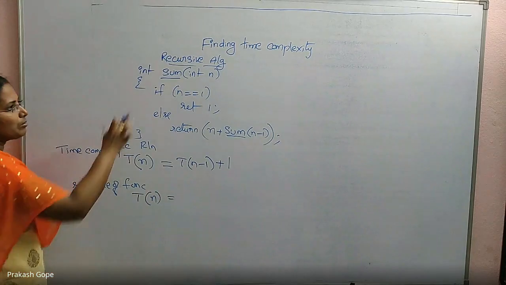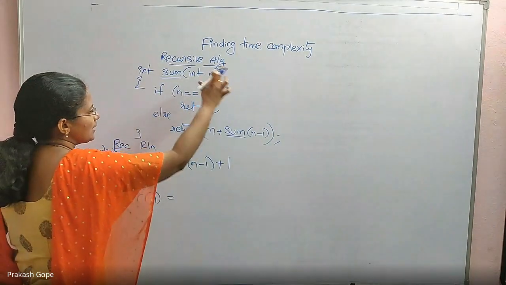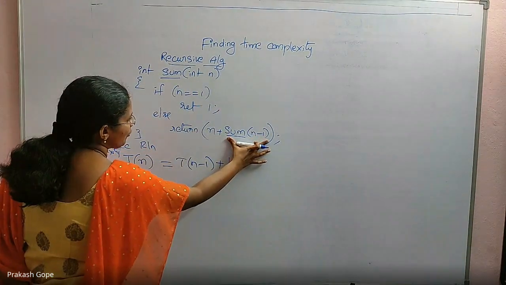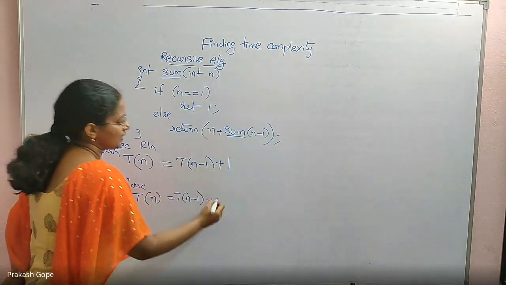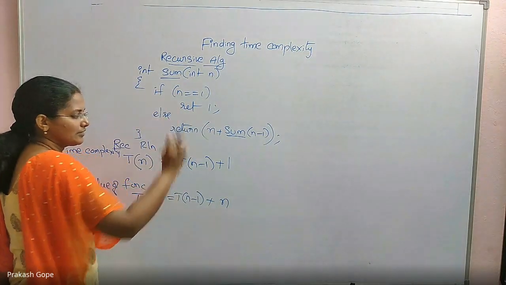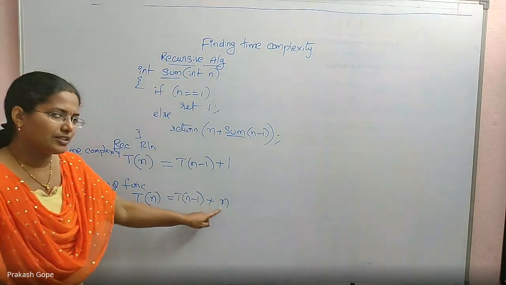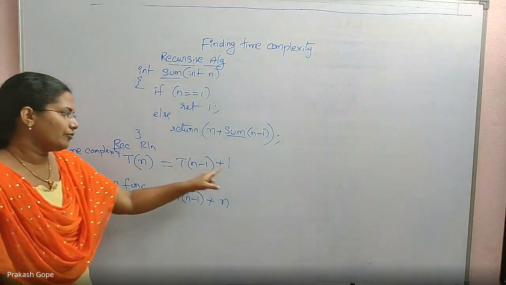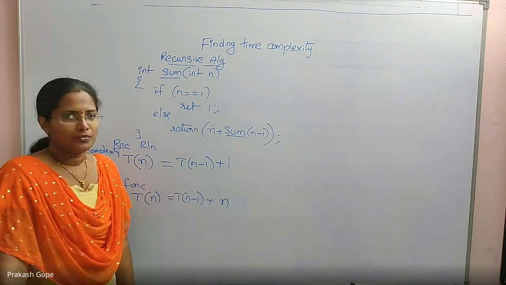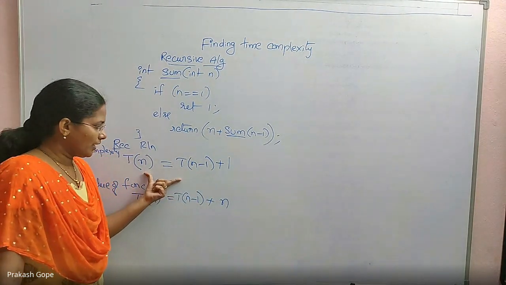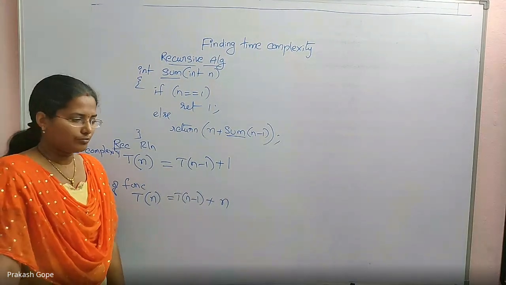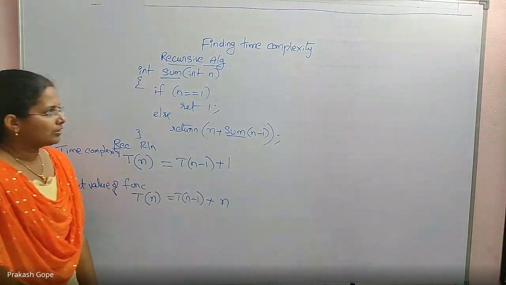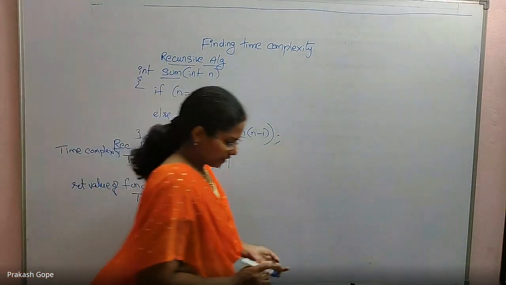So the value returned by this function when n is passed is the value returned by the same function when n minus 1 is passed plus n, because this is what gets returned, plus n. This is the difference between the return value and the time complexity. We will solve this and find the answer for time complexity, and we will solve this and find the return value. Both we will do later. Okay, so this is how we write the recurrence relations.